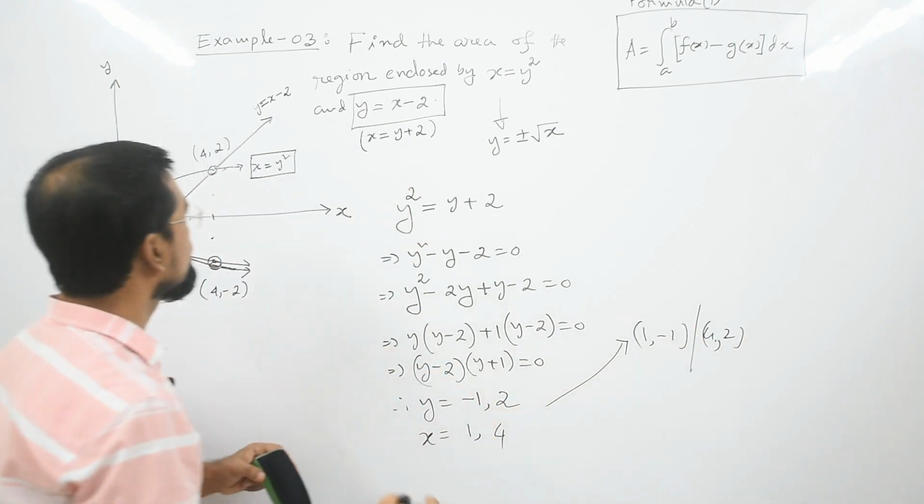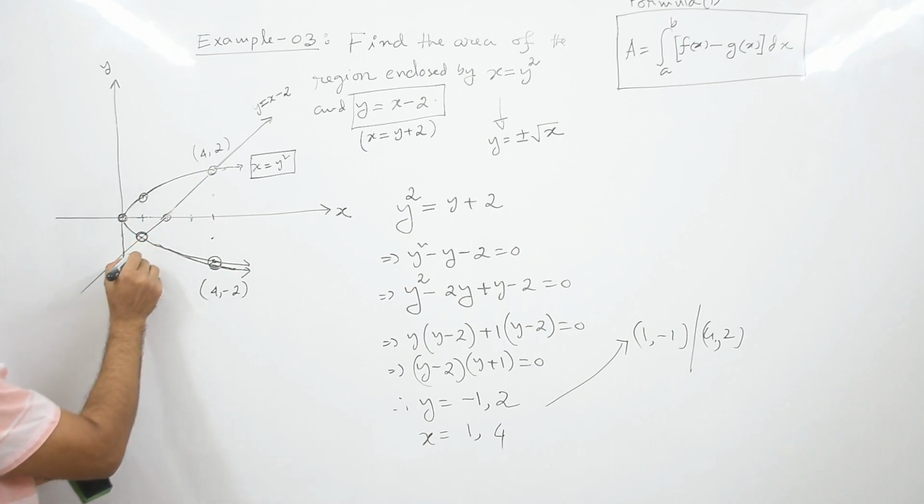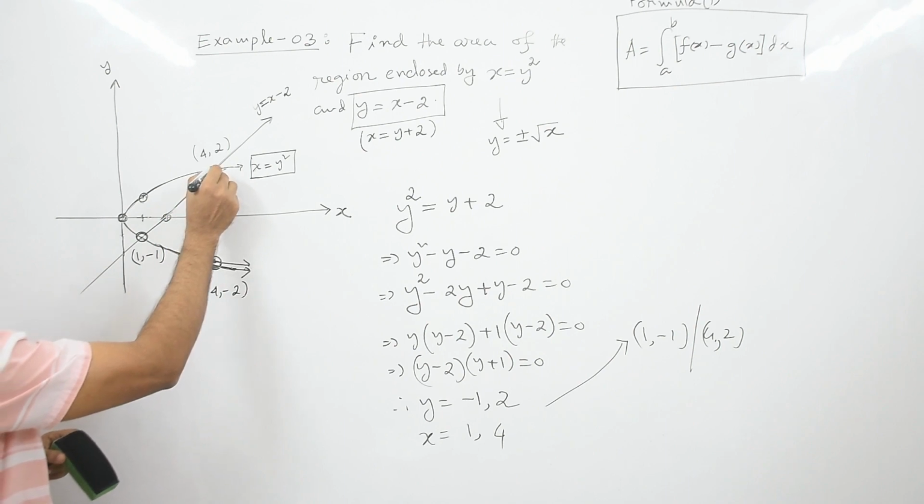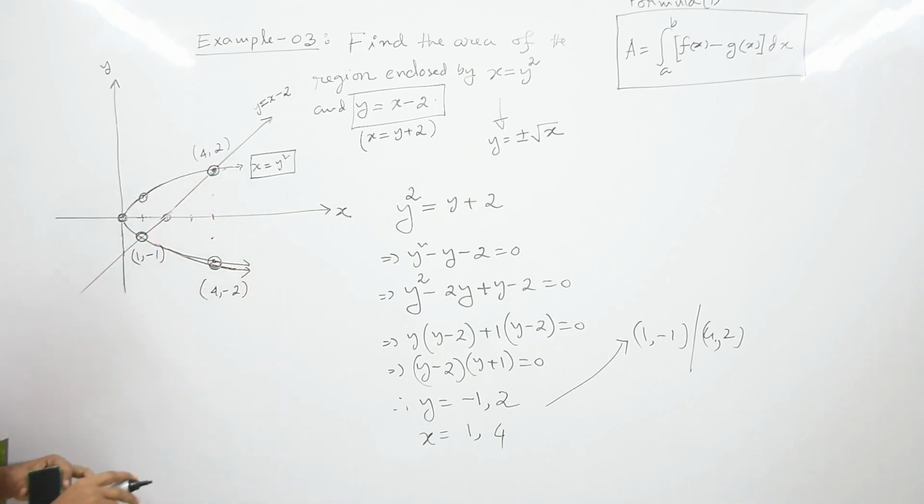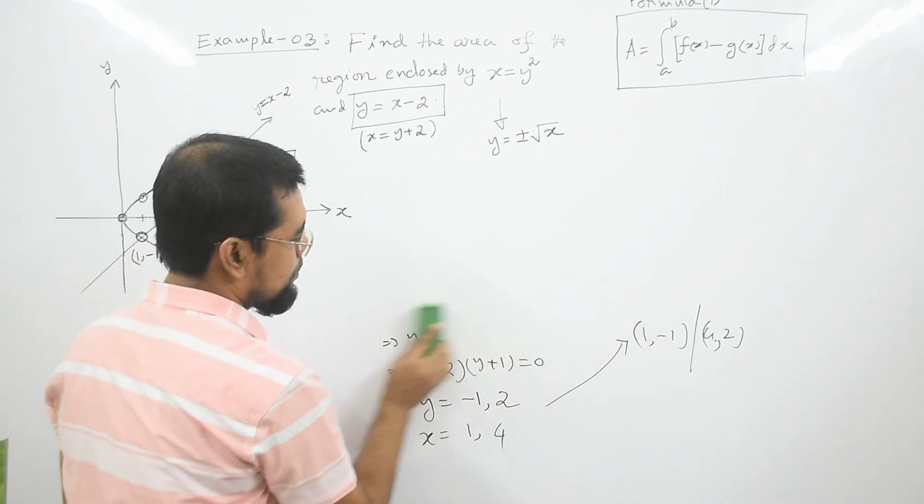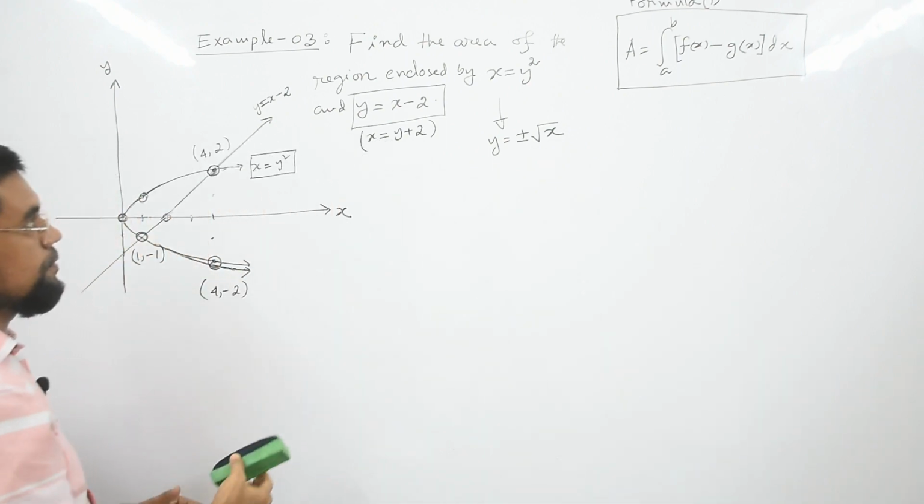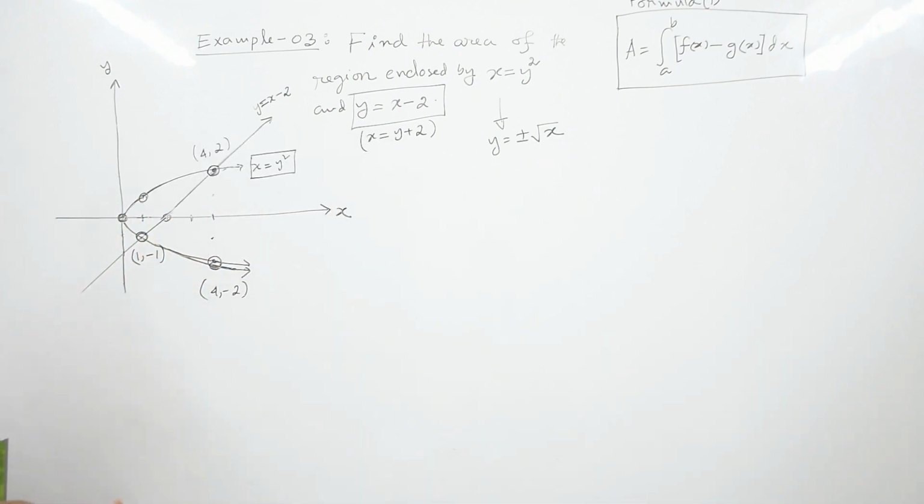4 and 2. So this is our first point, 1 minus 1. And this is our second point of intersection, which is 4, 2. So this is how you can calculate the point of intersection of two curves. But the next question is, how can we